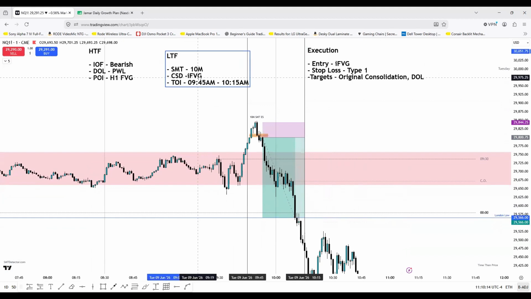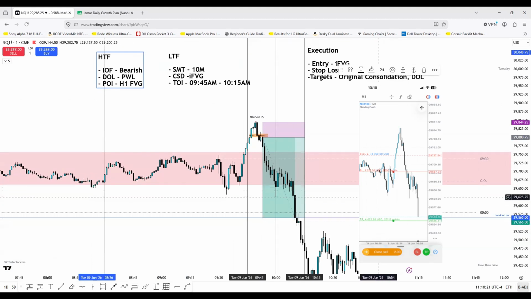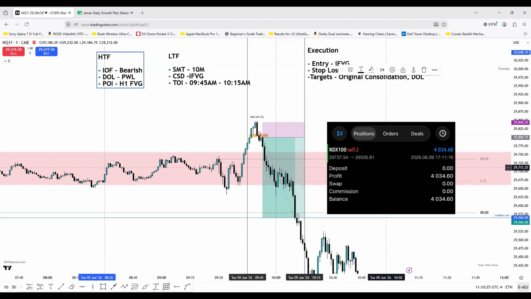So pretty much it, everybody. Obviously, I took this trade live, as you can see here. I'll drop it, they can see that obviously I was in the trade live with the profit there,